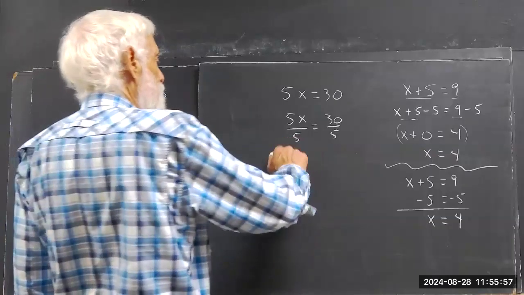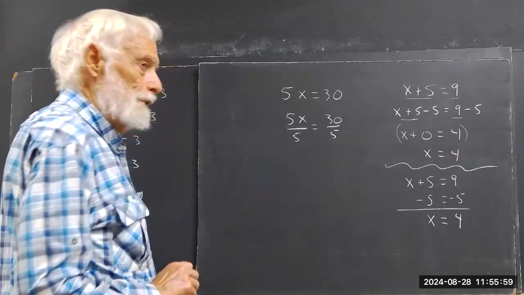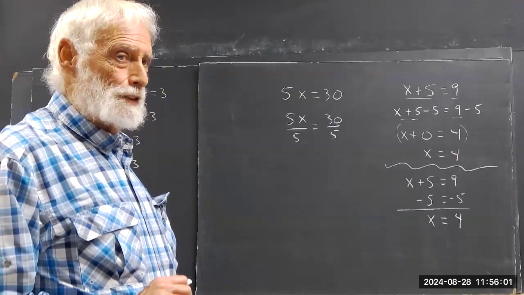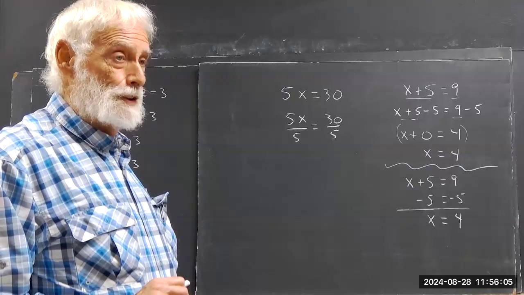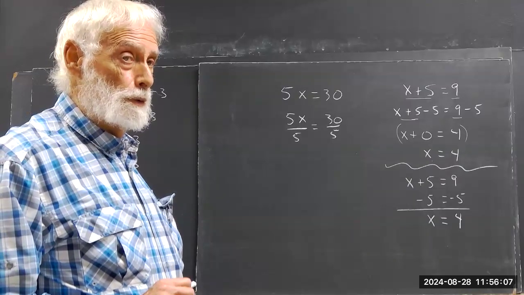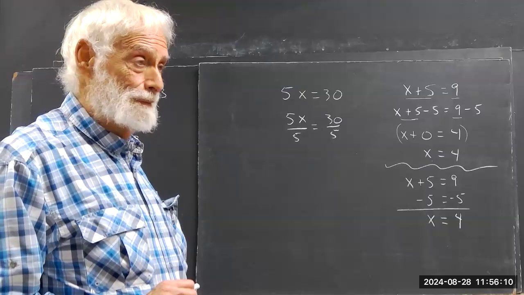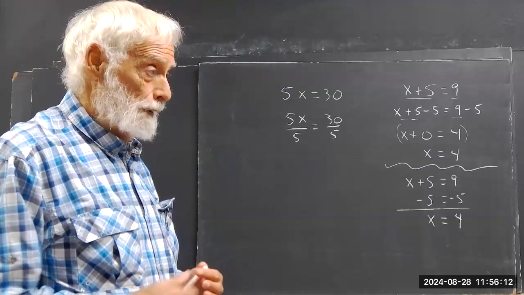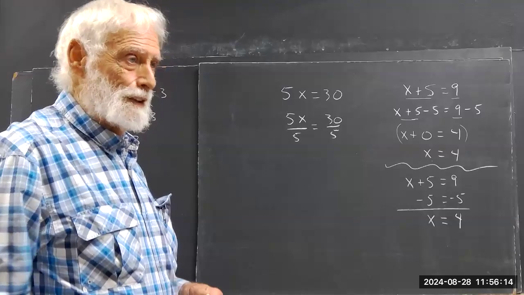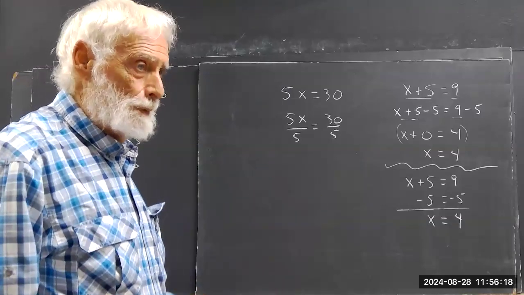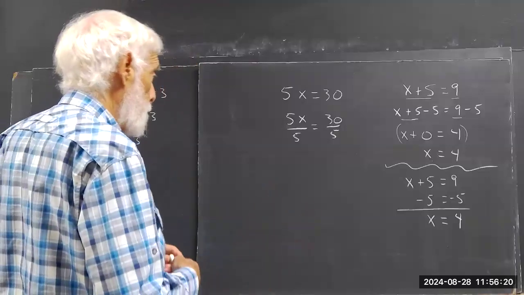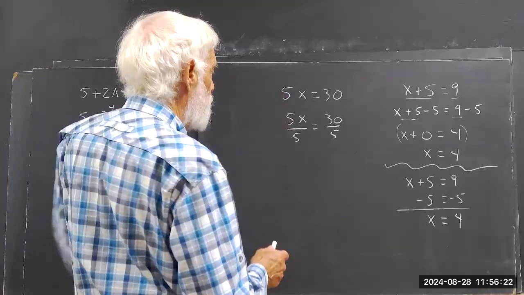And then nobody used cancellation here. And that's good because I don't like to see cancellation until everybody is really, really good with the rules, and that's going to take a little more time than we have. So I'll tell you what the rules are, but we're not going to be able to spend an hour on it, which is probably what it's worth. Okay. Anyhow, 5x divided by 5